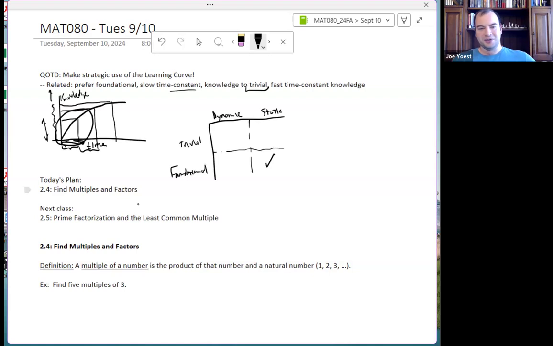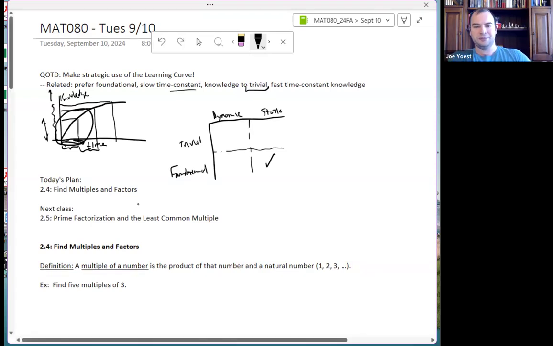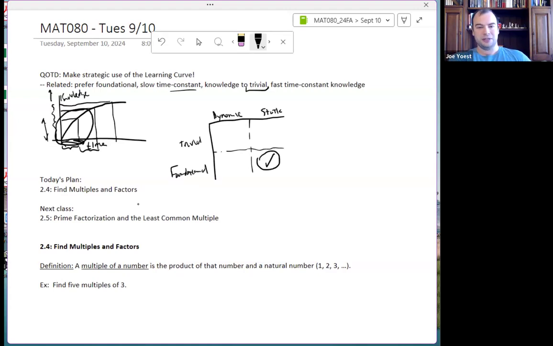That's kind of right. I mean, same kind of thing. Like we're talking about multiples and factors, then we're going to build off of that and talk about prime numbers and factorizations. And we're going to build off of that and talk about how to add and subtract fractions. That's where all of this is going. But that's not to say that, just because I like this quadrant, that this is the only good quadrant to be in. For instance, IT support